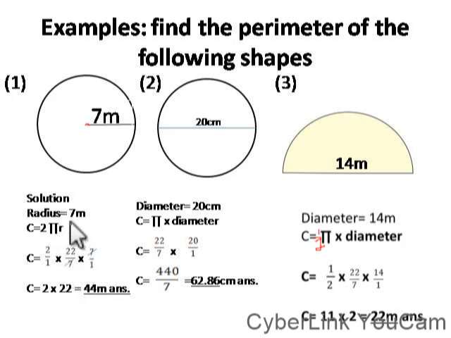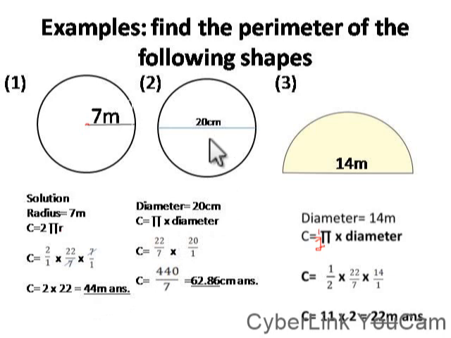Yes, times the radius, which is what? 7 over 1. Alright, so we can now cancel 7, cancel 7. We are left with 2 times 22, and 2 times 22 will give us what? 44 as our answer. Now moving to the other side, diameter is being given to us as 20 centimeters here,